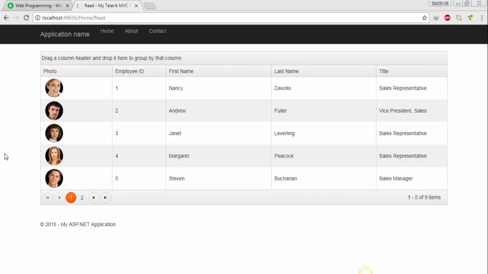These are the most advanced feature of Kendo Grid. You can easily configure it into your project. Right,